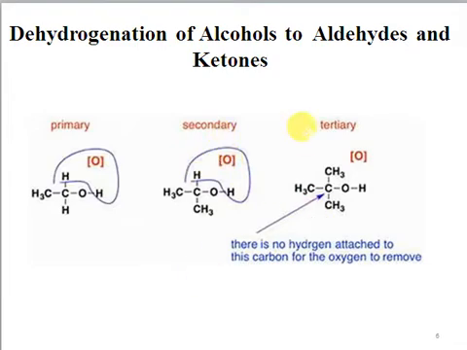Now we have tertiary alcohol, so we have an oxygen attached with a hydrogen. Here we have a hydrogen, but there is no hydrogen on the carbon, right? So there is no hydrogen directly attached with this carbon, so we cannot carry out the elimination of two hydrogen atoms from this molecule. The tertiary alcohols do not undergo oxidation reaction, so they do not form aldehyde or ketones